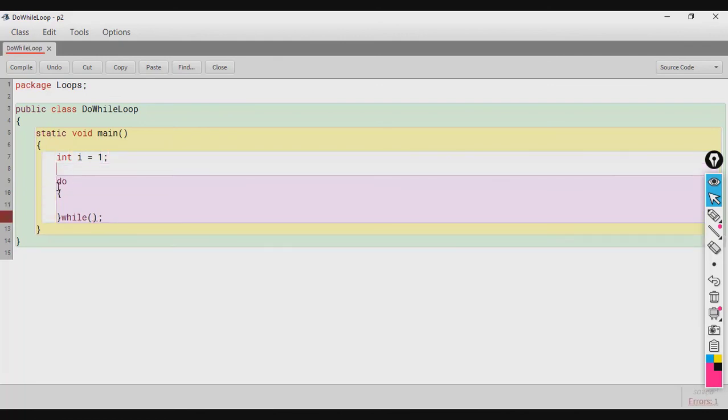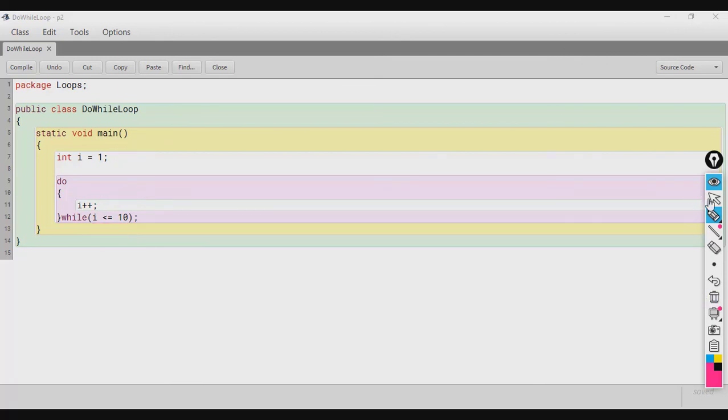The condition will be written here inside the parentheses, i less than equal to 10. And the update in case of do while will also happen inside the body, so I'll write here i plus plus. You can see that here is the initialization, here is the condition, and here is the update statement inside the body.